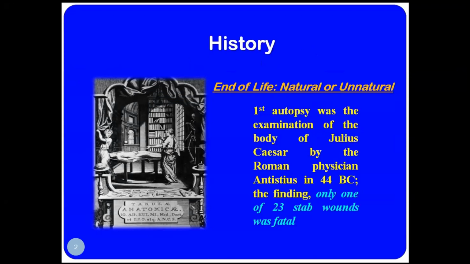history. If you go into the historical aspect of properly writing a death certificate, even at the time of the first autopsy, which was nothing but the examination of the body of Julius Caesar, done in 44 BC, the finding was that he had 23 wounds, but only one was fatal. So what this suggests is that you have to be very precise. A death certificate has to be very precise about